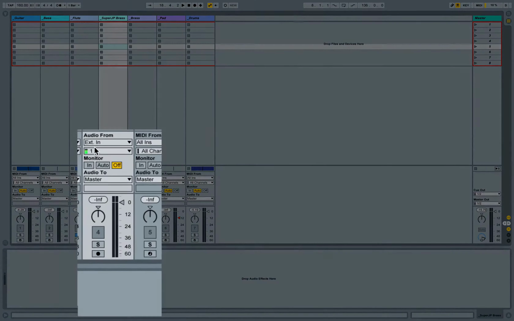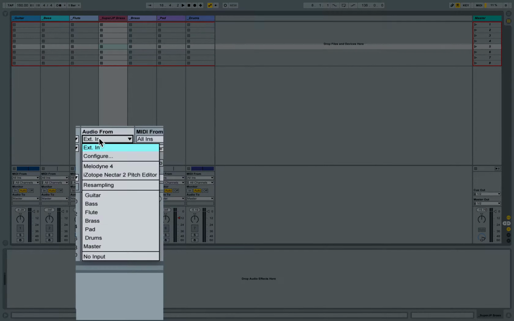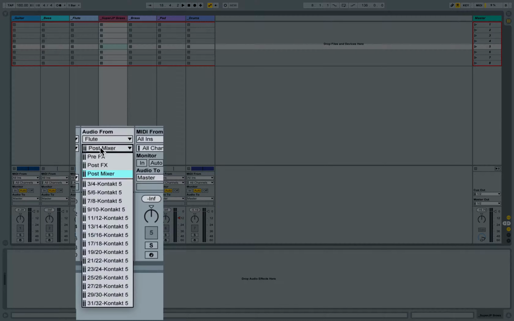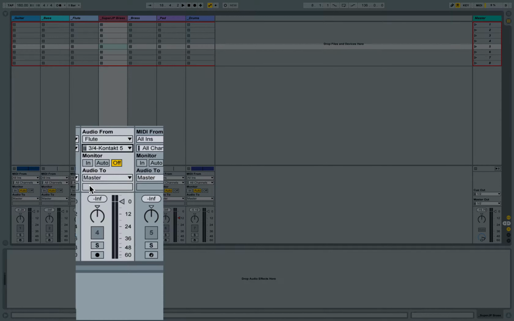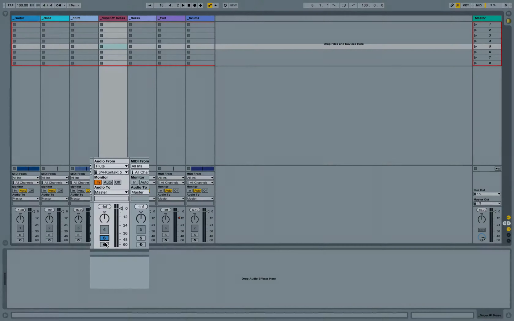Right now it's hearing my voice, getting the external. Let's route this instead to the flute track. And on the flute track, we're going to go to the Kontakt 3 and 4. And then we're going to enable input monitoring on this track. Now if I solo out this track,